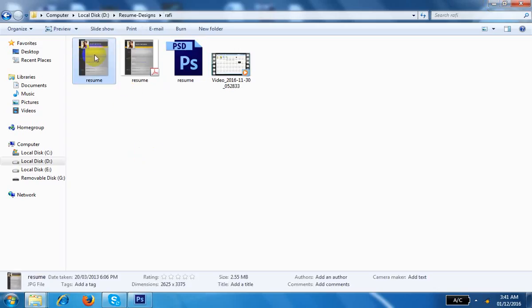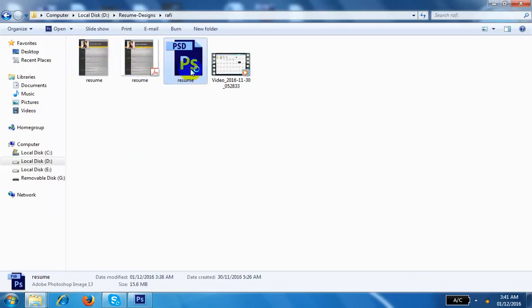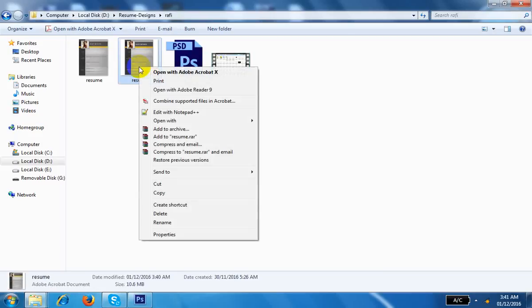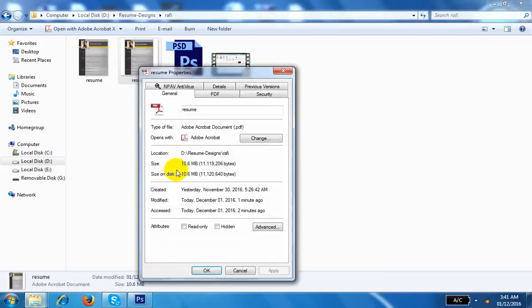So here this is the JPG image, this is the PDF, this is the file. If I want to edit the same resume again, which file is important at that time? PSD. This is okay, and this is the PDF file. Suppose anybody tells you, what is the size of your PDF, please send me a 5 MB PDF only, or a 1 MB PDF. So go to its properties. You can see what the size is, 10 MB. But on the internet, in your form submission, in your college form submission, they require 1 MB only. So what to do for that?